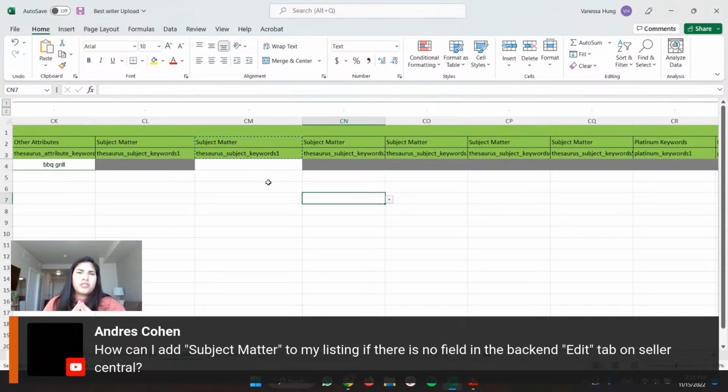Again, for this specific type of attributes, I will still optimize for it. I will still add keywords in my subject matter, even when the system is not using them, because I want to log that information in the backend. Like, no questions. If there is a retail space where I can put information, even though it's not necessarily impacting my category, which can change very frequently. Amazon is telling that subject matter is not relevant in home right now, but I don't know if in 6 months we will be. So I prefer to have that information. That's the way that you can add it when you don't have it.